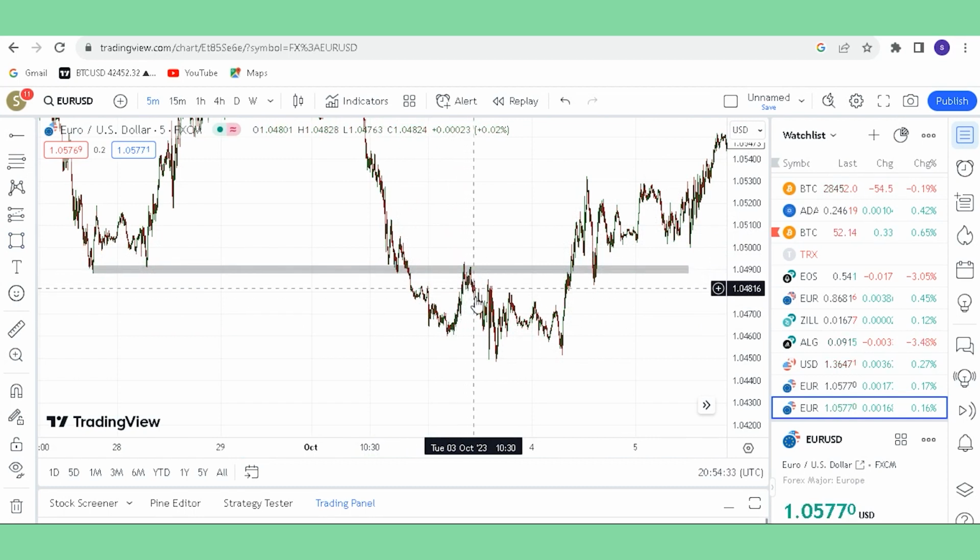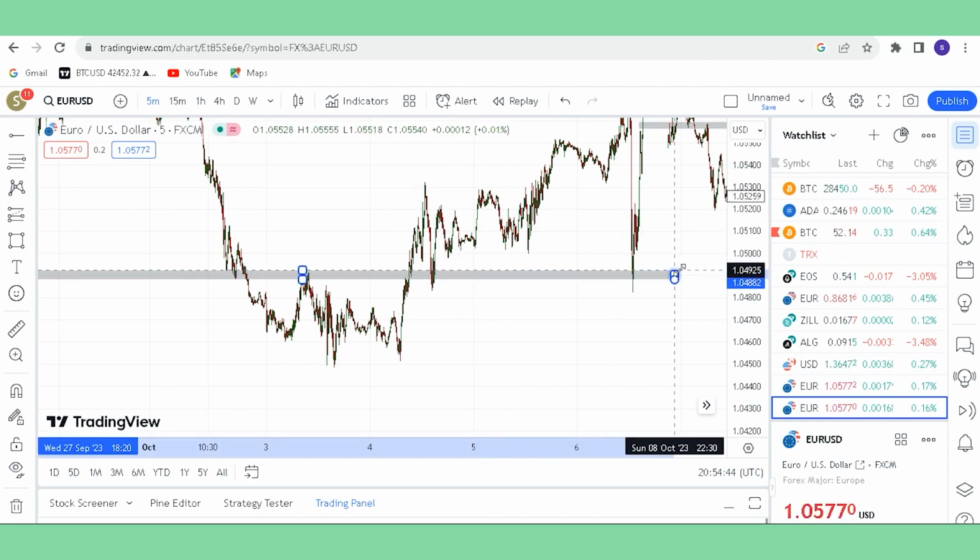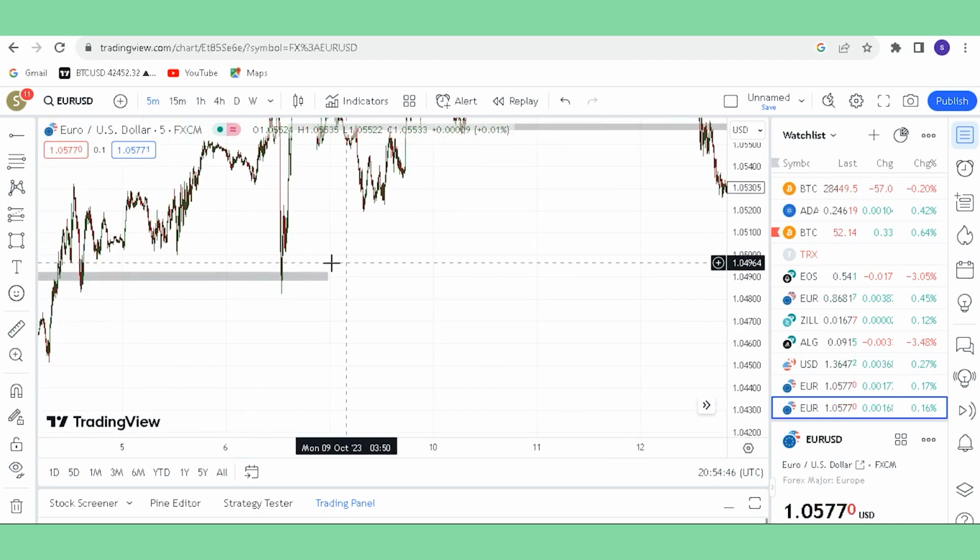So see that it acted as a resistance. And again, when the price crossed it, change of the character, it will be support again, and support, support,